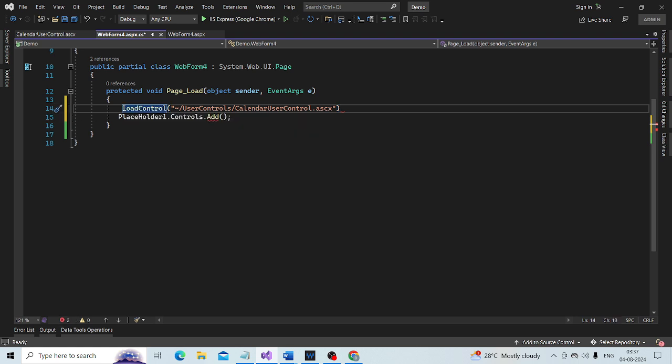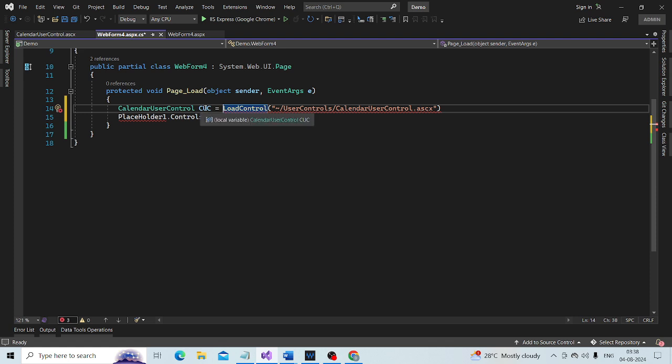Calendar user control variable. So I am going to call this calendar user control CUC.